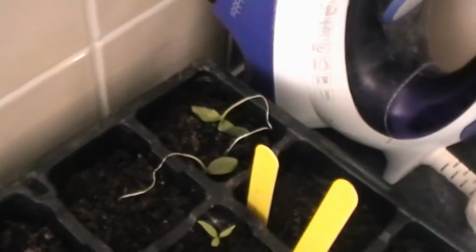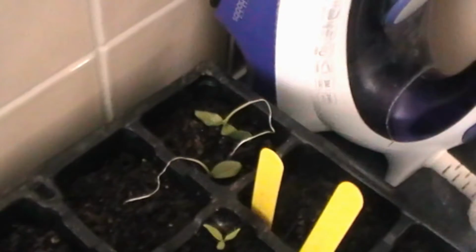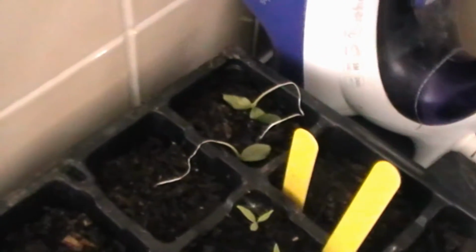Over there they were cucumbers. Unfortunately one of the cats decided that would be fun to run across my seed tray, so lesson learnt for next year, to get something better to put them on. So those are coming up quite well. I planted some more cucumbers. The cucumbers are now over here. You can just see there's one of the seeds poking out a little there,